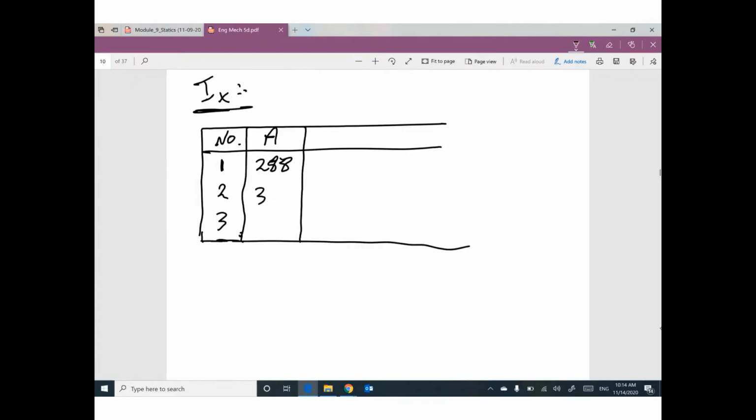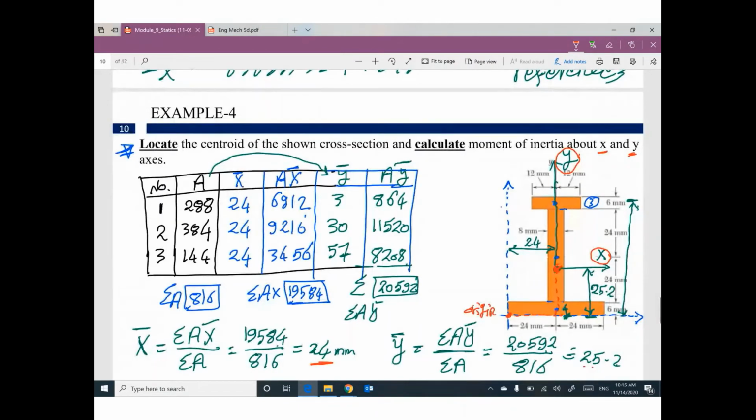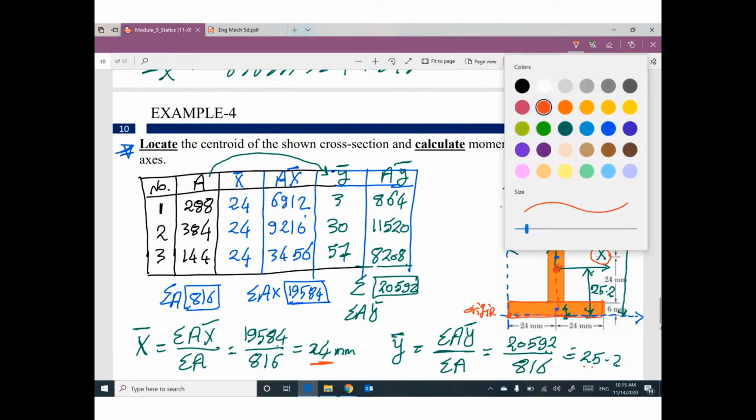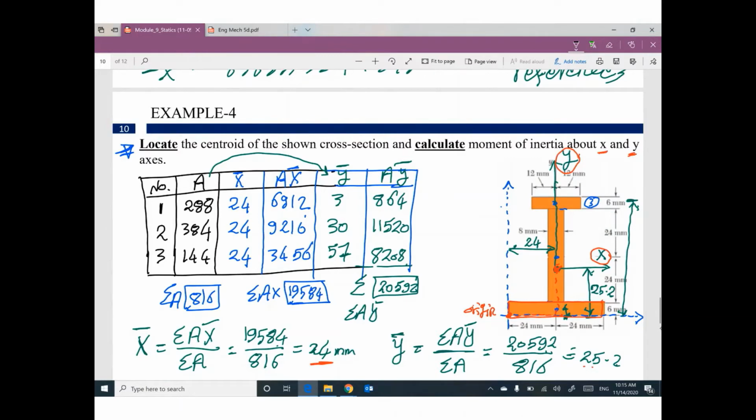384. 144. What is the value of Ix for each part? Let's start. First part is here. We have, or I will assume I have, X axis here for this part only. What is the moment of inertia about this assumed X axis for this part will be